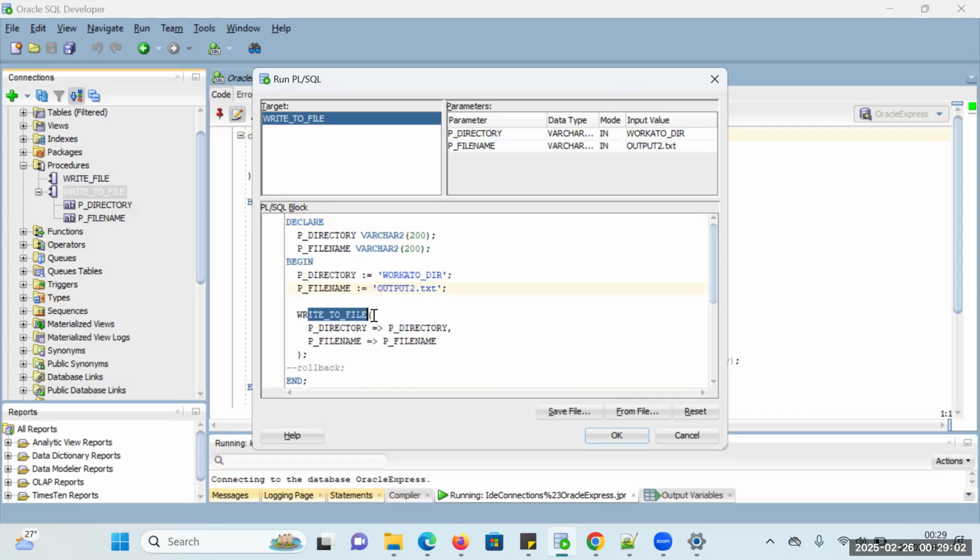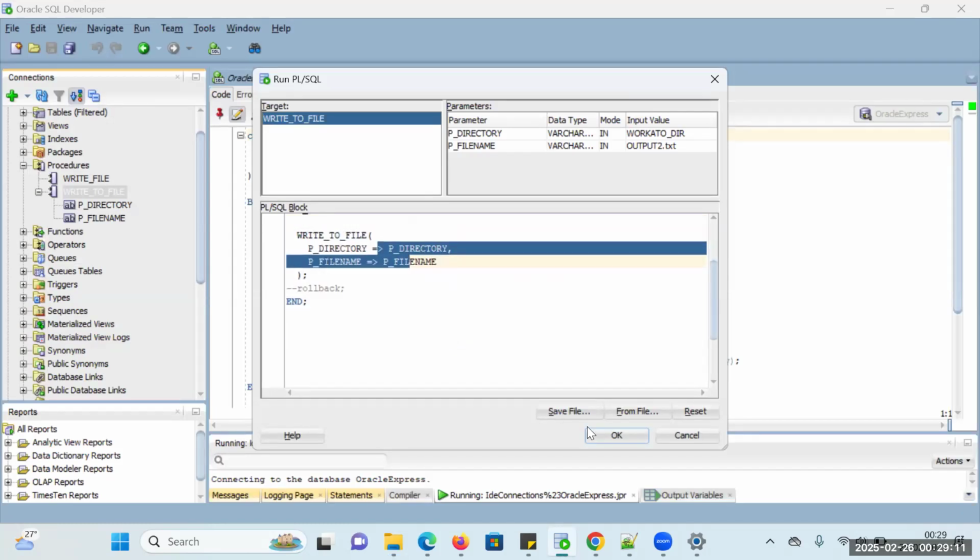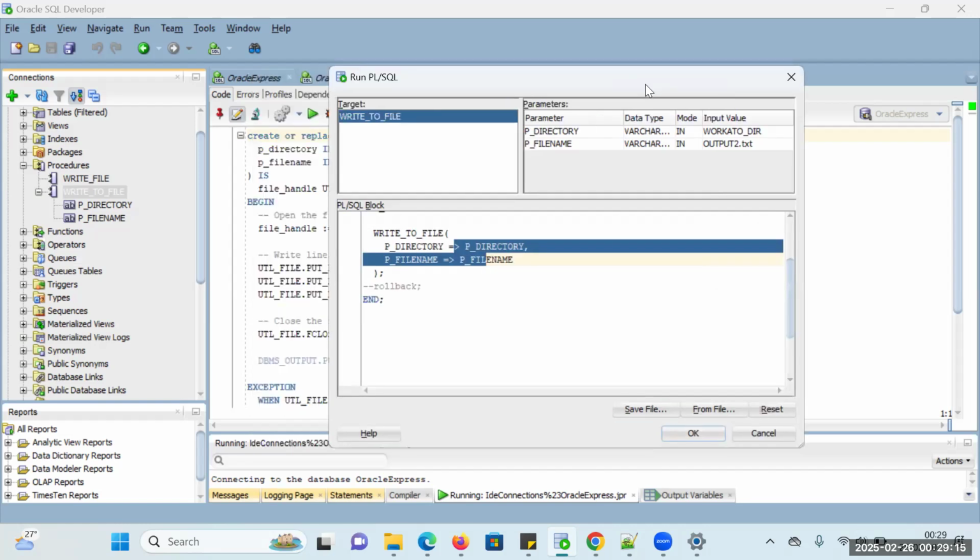And this is the procedure name, and it accepts two parameters. The two parameters are declared here and the values are assigned here. The moment you click on run, it says that the procedure has been executed. So if you just see this one,